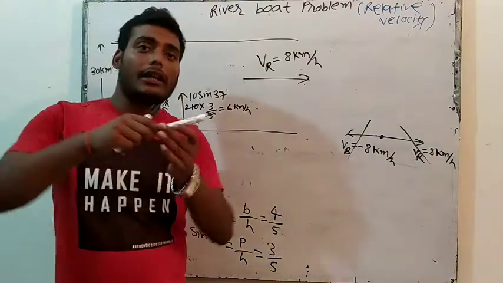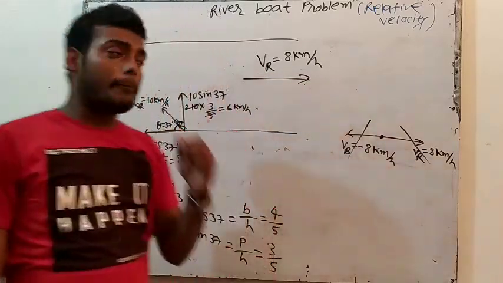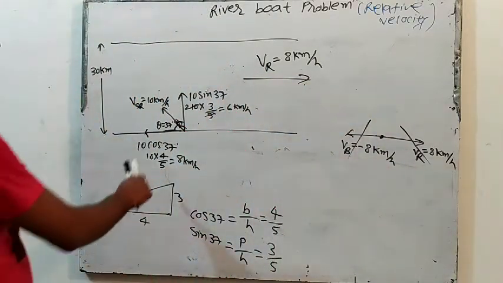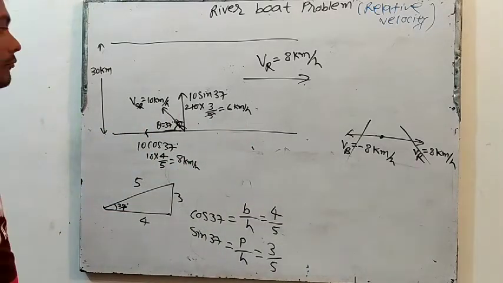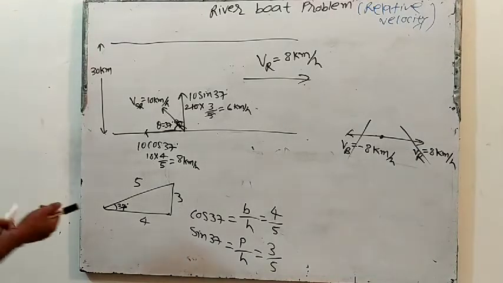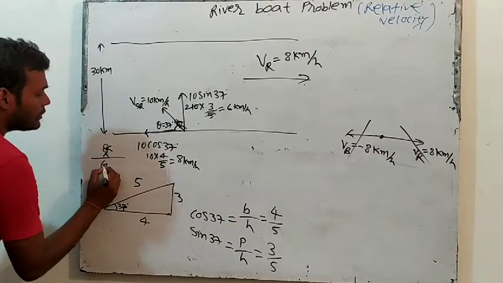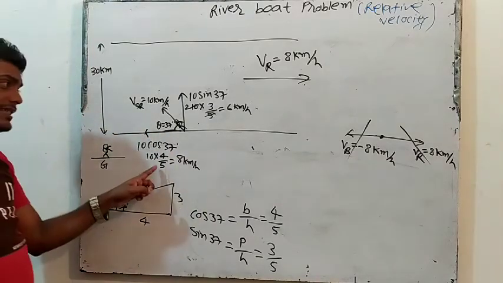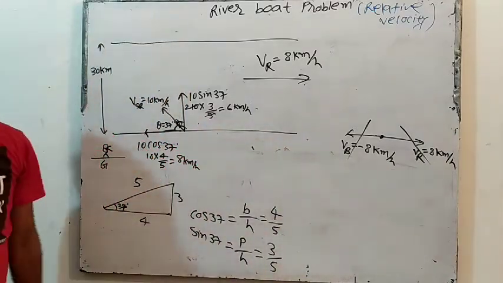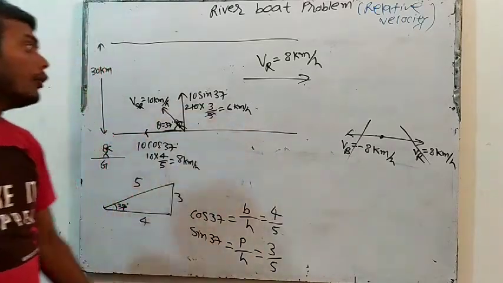For example, if I apply 5 Newton in this direction and 5 Newton in this direction, the net effect will be cancelled. So there will be no displacement in x. If Chetna is standing on the ground and observes Bahubali, she will say that the x direction components cancel each other, so there will be no displacement in x, only displacement in y.